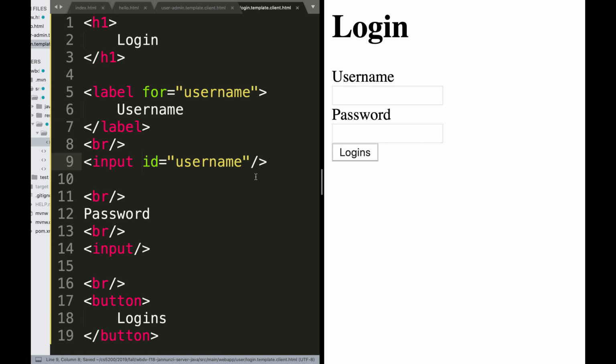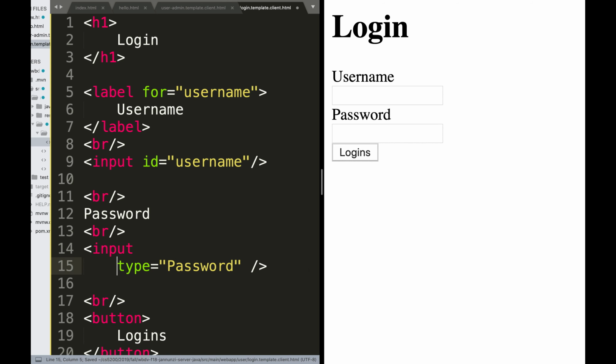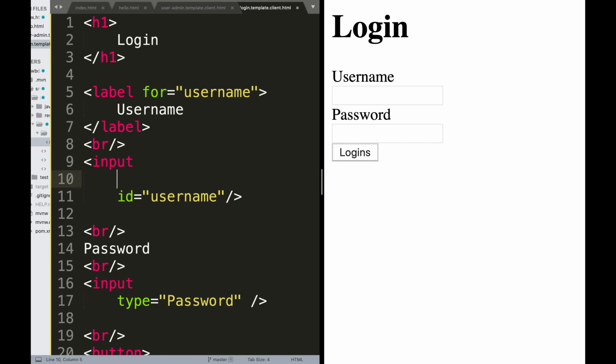All right, let's see what else. So username, password. The password, obviously, the type should be password. Also, it's a best practice to, if you have one attribute, then it's fine. It could be in the same line. But if you have lots and lots of attributes, this is going to spill over, be very, very hard. I'm going to have to scroll all the way to the end of the screen. Make it easy on me, so that if you have an ID and you have a placeholder,